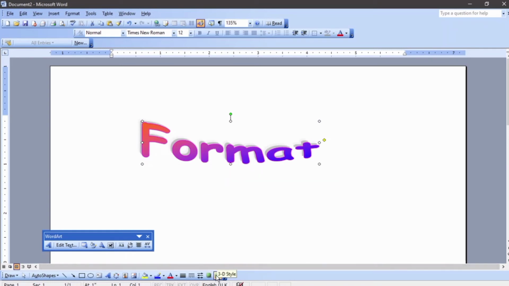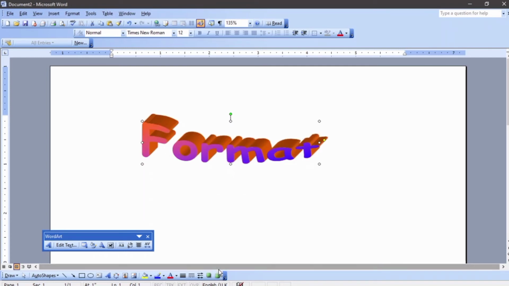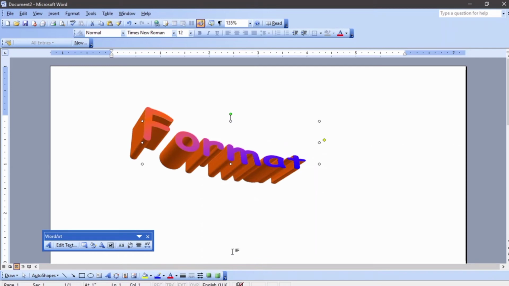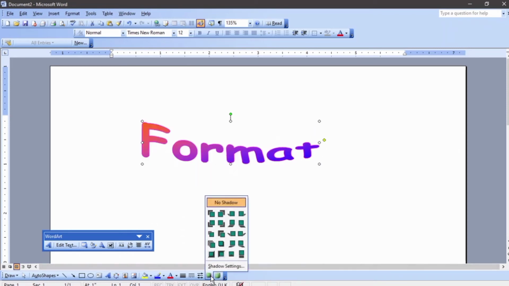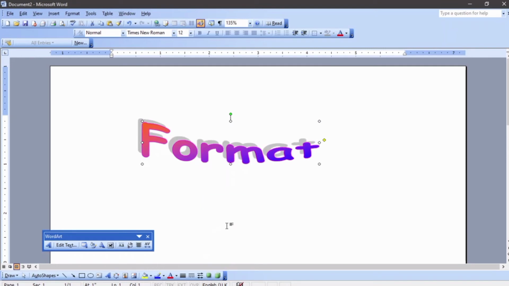Okay, now the next thing is to put 3D. Okay, see, that's it. I hope you are enjoying. The next thing we will learn is how to, let me use none and I use this. So let me show you how to distort the image. So you use these to distort the